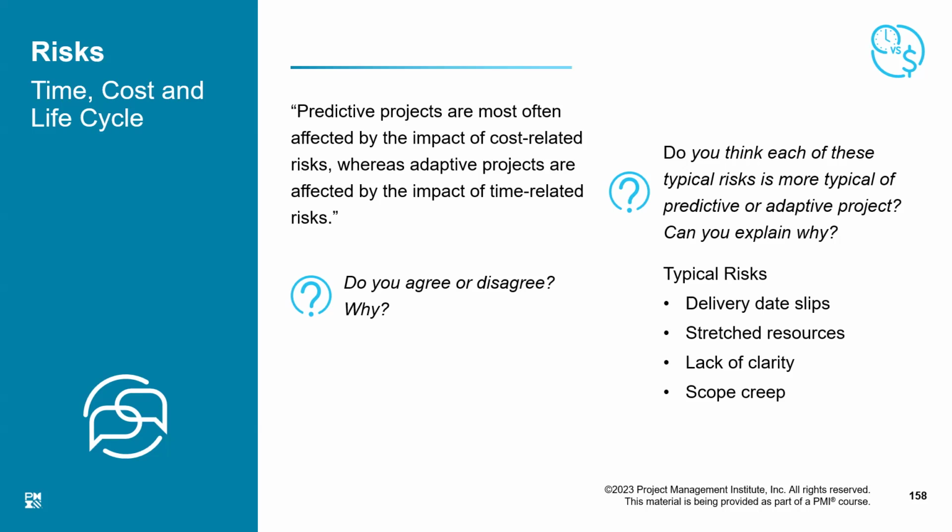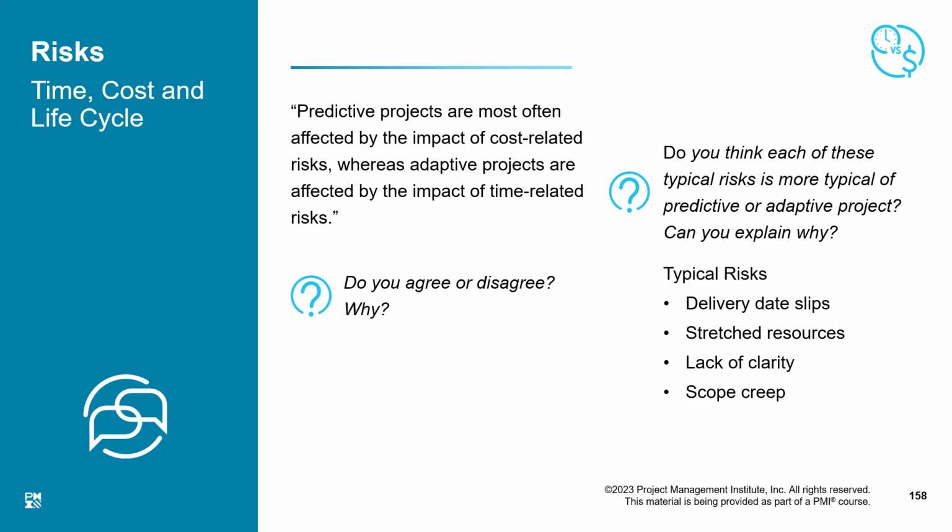Predictive, because in agile we have a limited number of resources available, so we are more comfortable and it is easy to work with. Lack of clarity is a big problem, and does that happen in predictive or agile? Agile. It is agile, because this lack of clarity breeds further unclear situations.